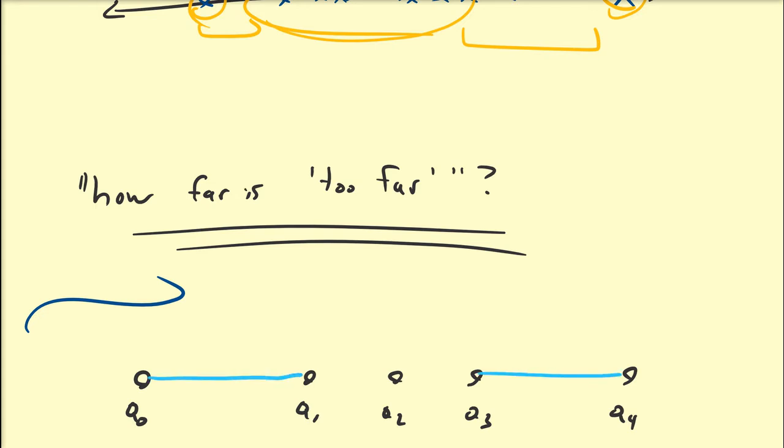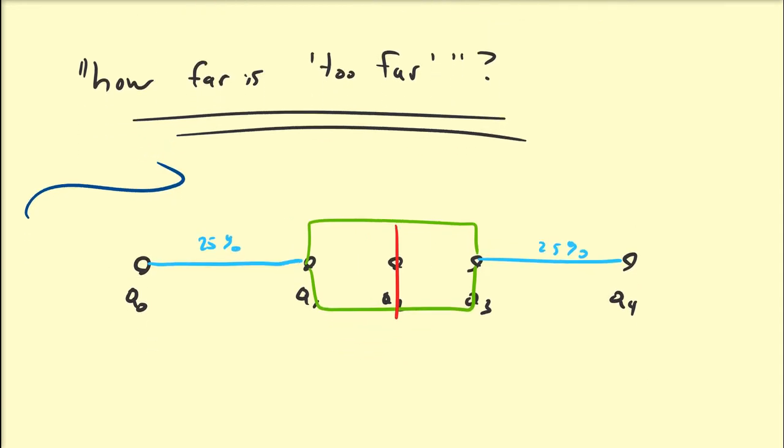Between Q0 and Q1, and between Q3 and Q4, 25% of the data lies there. In between Q1 and Q3 lies 50% of the data, right? Which we usually represent by a box. And Q2 is what we usually refer to as the median. Q1 and Q3 are the interquartiles. And we define the interquartile range, or IQR, to be equal to the difference between Q3 and Q1. You can take the absolute value if you want and do Q1 minus Q3, but this should be a